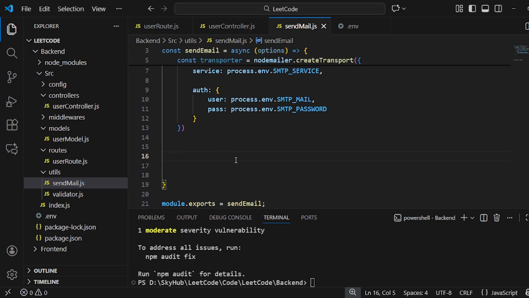So after that we have to define our mail options, which specify the content and recipients of the email being sent. So from admin to the user, what is the subject and what is the message. All these things we specify inside our mail options. So const mailOptions equal to